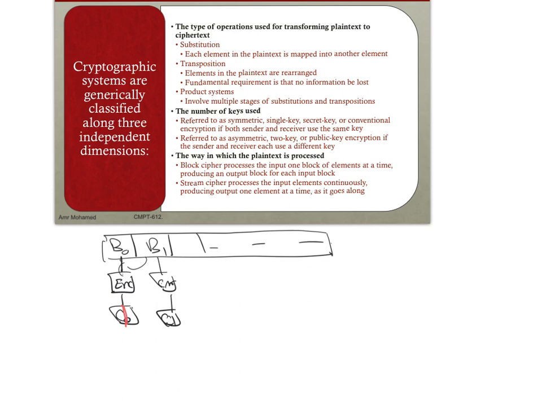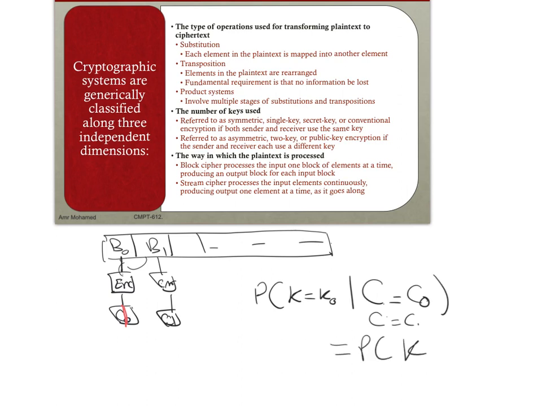The requirement is that the probability of having a certain value for the key, given that you know a specific ciphertext, given that C equals C0, and given that C equals C1, and given all types of ciphertext, is actually equal to the probability of K equals K0. And what that means is that